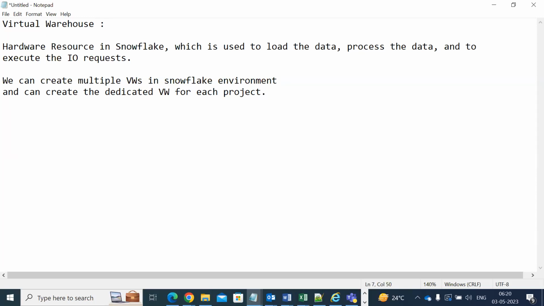Dedicated. So when we say dedicated, what is the meaning of dedicated? It means a separate virtual warehouse for each project. So whenever we are creating a dedicated virtual warehouse in the Snowflake environment based on the project, suppose let's consider, as mentioned, if we have created 20 virtual warehouses, based on the project,